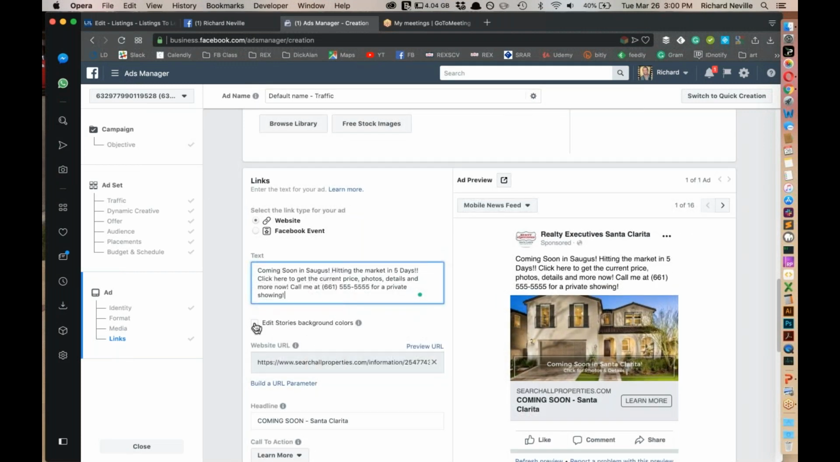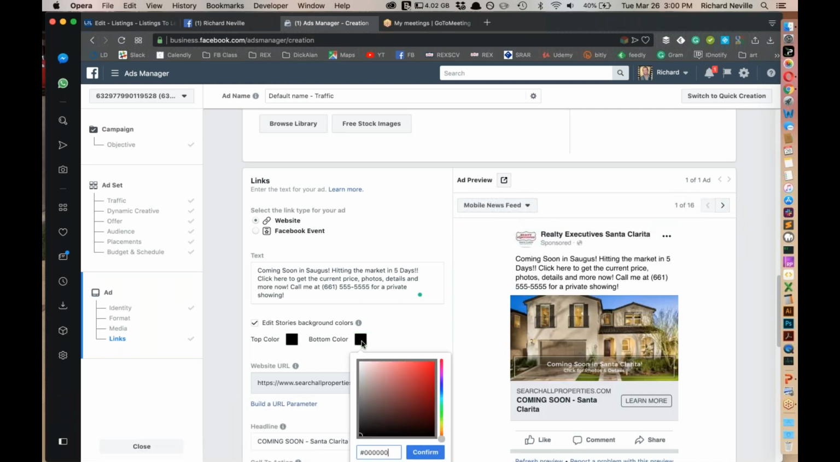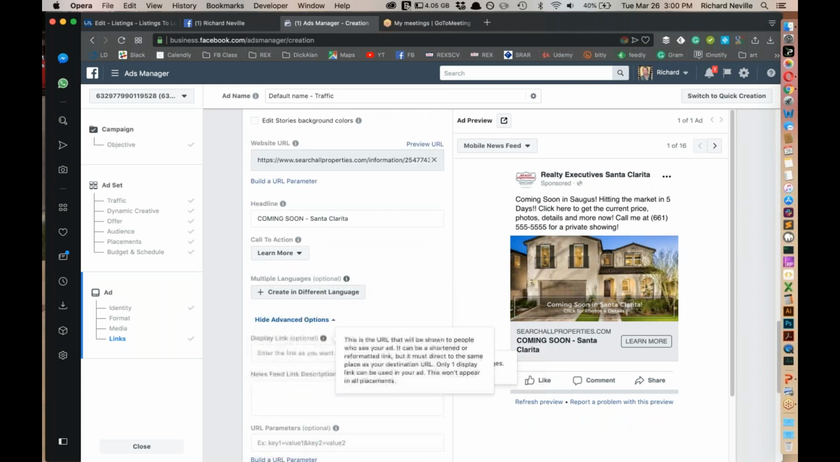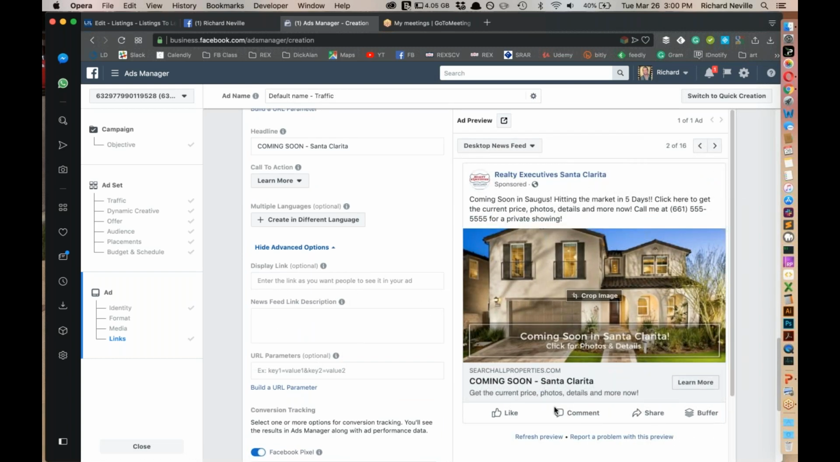All right. Because you can go to stories. So if you wanted to have a different color for your story background, for those who are familiar with stories, you can put in your custom colors if you wanted. We'll leave that alone. And then we have our headline. We have our learn more button. And then you can put this display link and stuff in here. But for now, what does that mean? So if we look at this version,